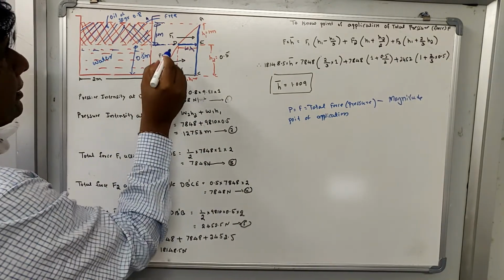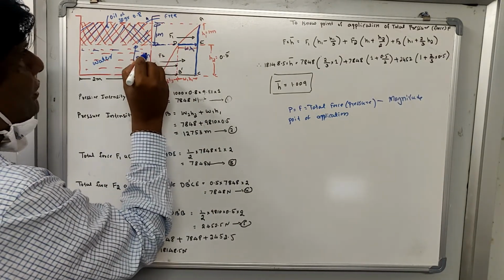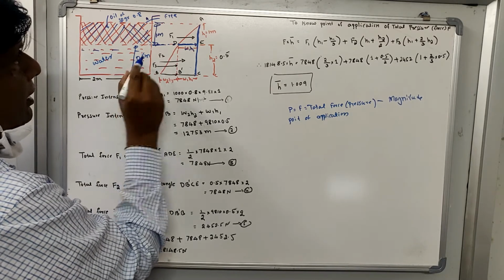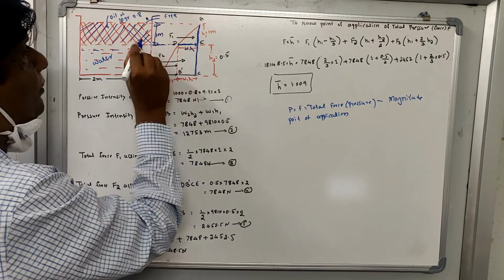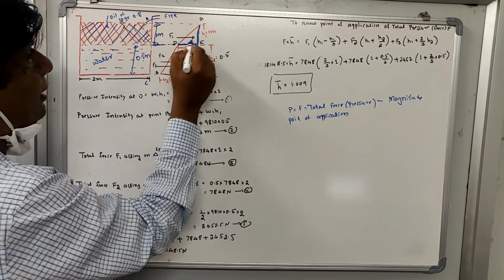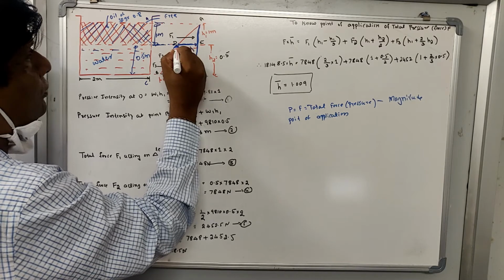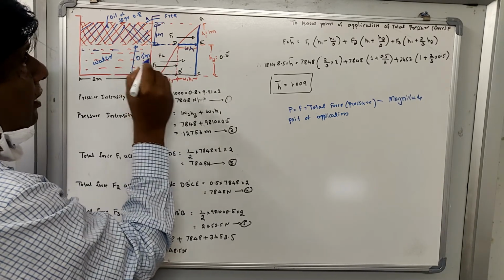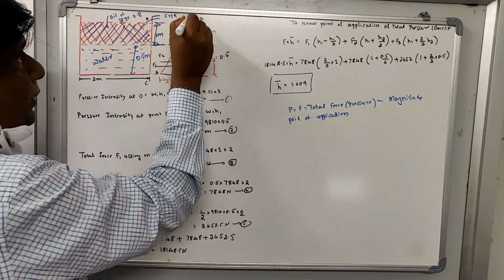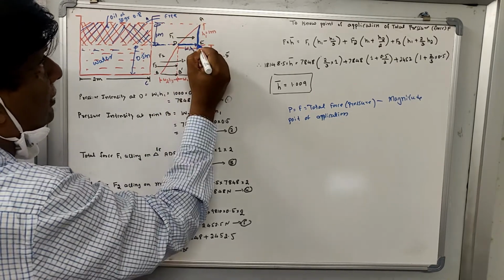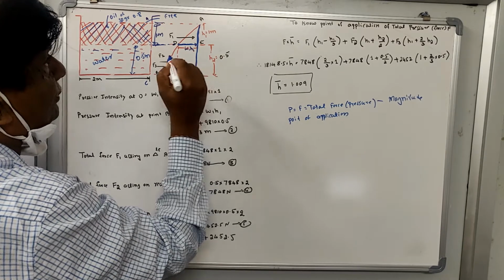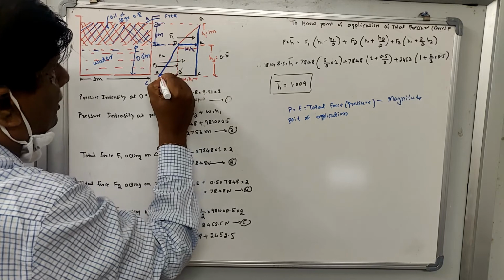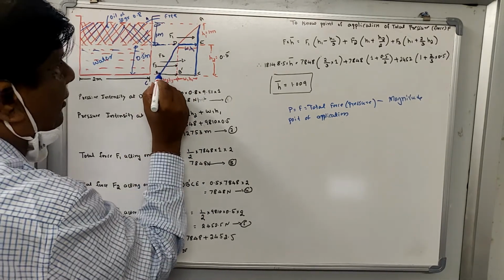Okay. See, the pressure exerted by the water at this point is 0, but the pressure exerted by this fluid on this wall is W1H1. So now the pressure exerted by this second fluid, that is water, on the plane AC or on the surface EC, at this level it is 0, so it varies again linearly and its shape is triangular.